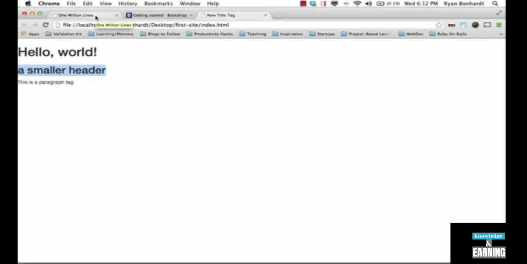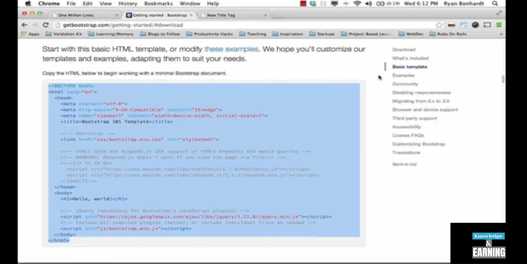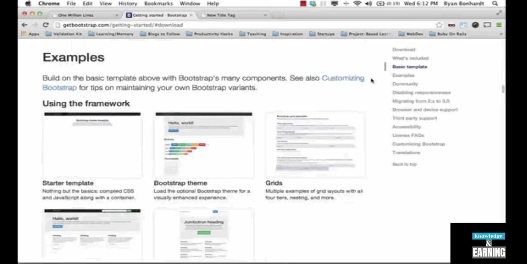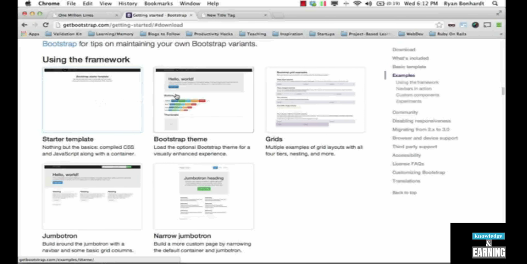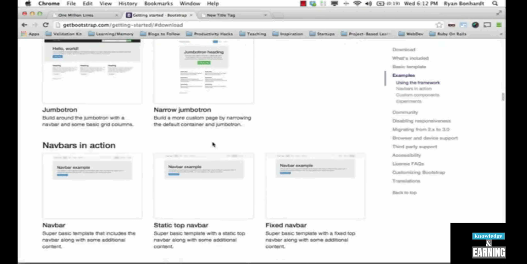So our site currently looks like this, and obviously we want it to look like this 1millionlines.com site. The cool thing about Bootstrap is they give us some templates to get us started this way. So we've so far used this basic template, and right here it says start with this basic HTML template or modify these examples. So we're going to go down to those examples they're talking about, and you can see them all right here. You have the starter template, Bootstrap theme, grids, and they give you templates for all types of